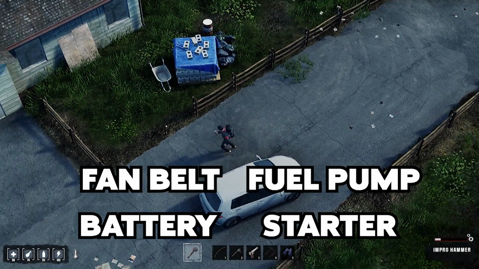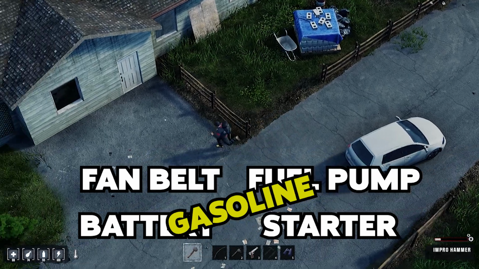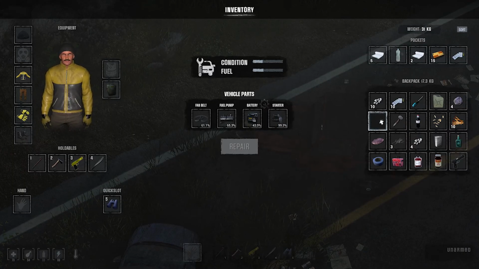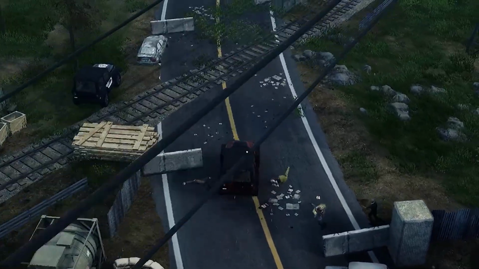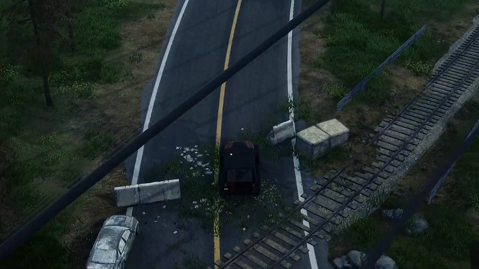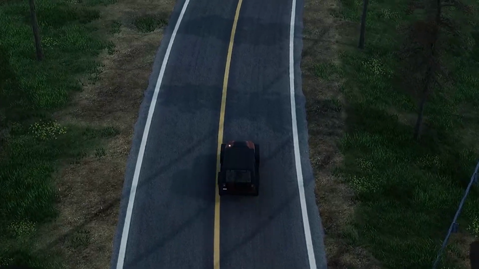And the 5th thing, maybe some gasoline if it's empty. Once you have all these parts installed, you'll be able to jump into your own vehicle and start mowing down some Zeeks. Although, just remember, everything you crash into, including Zeeks, will slowly wear down your vehicle condition and the